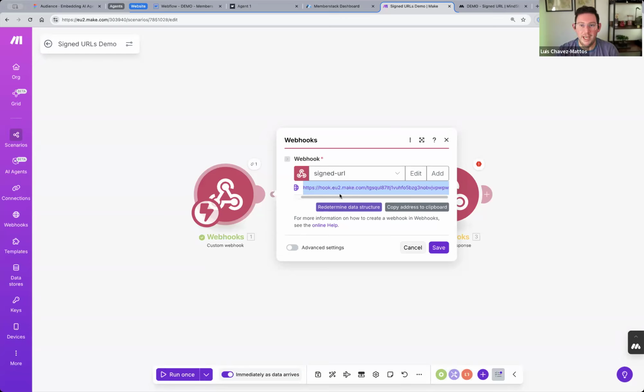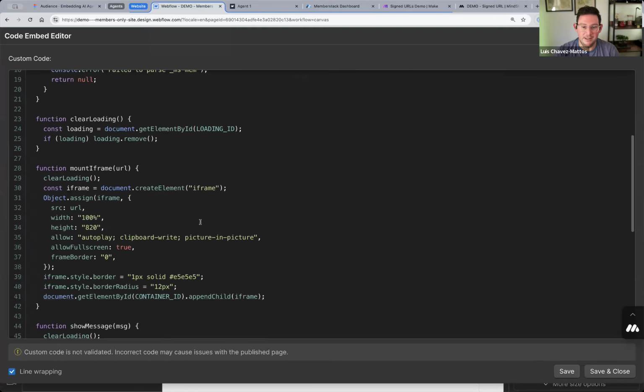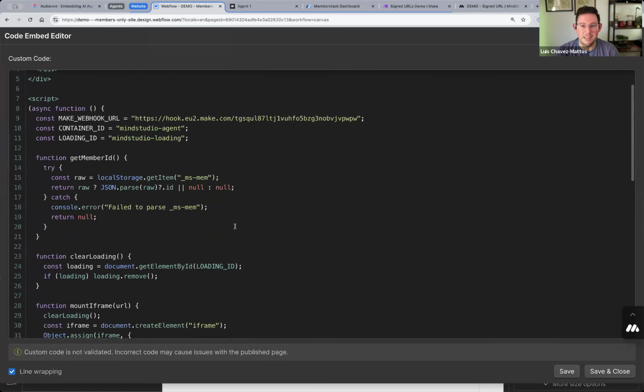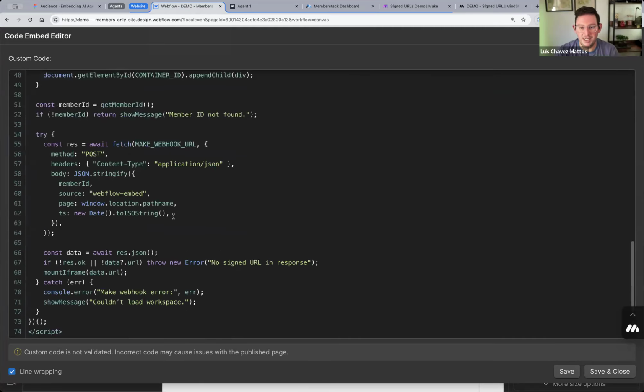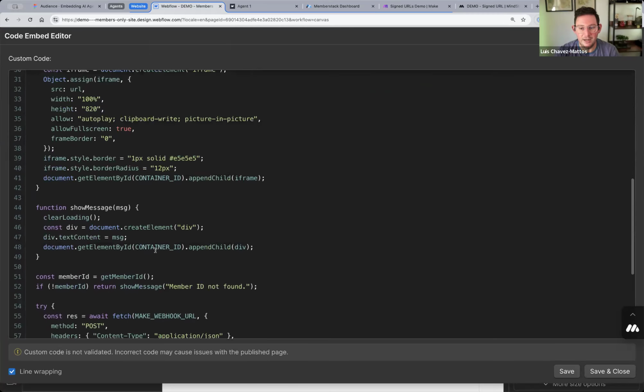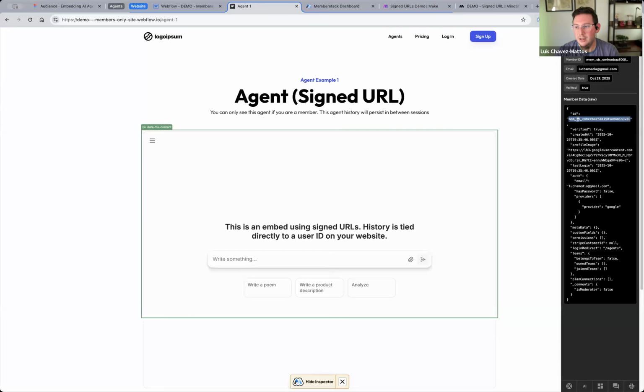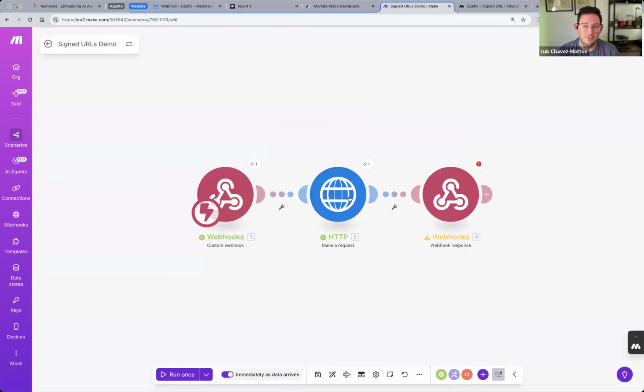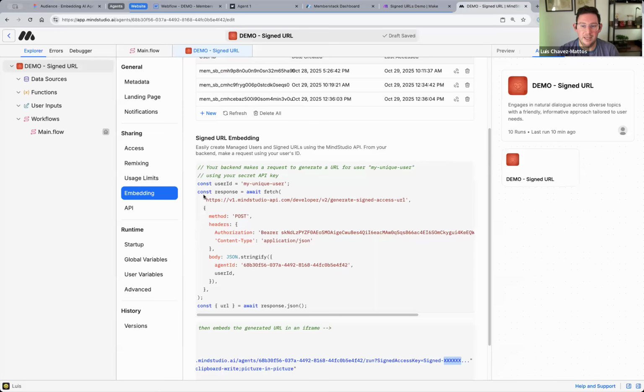So we send this webhook, and what the webhook sends is the member ID, the member ID that we're pulling from our Partner Stack site here. So we're finding this member ID and sending it over. And then inside of make.com, we're actually running the HTTP request that is in this section here under signed URLs,